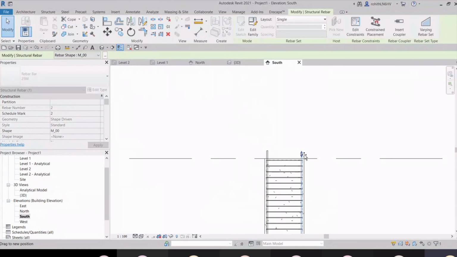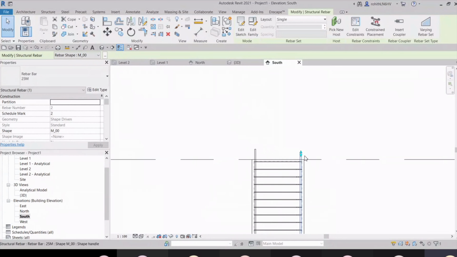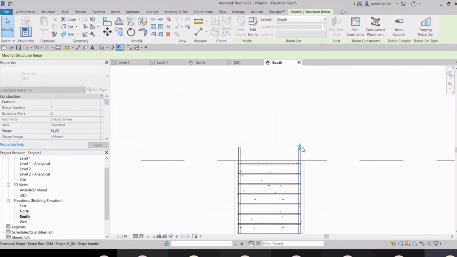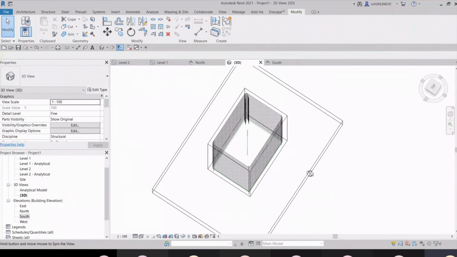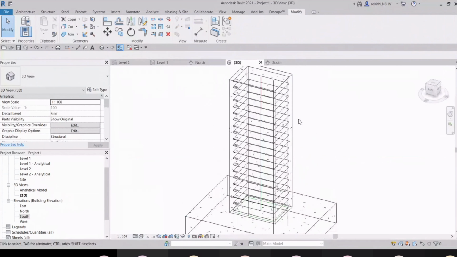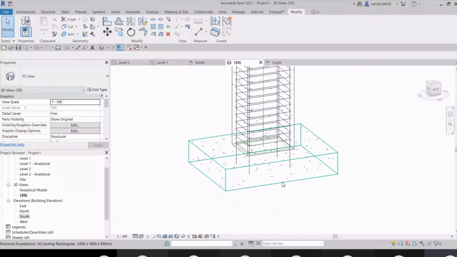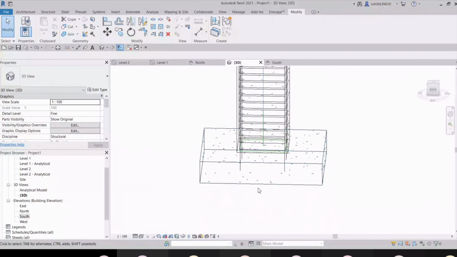You can increase this if you want, okay? And you can check it in 3D. Here you can see that these are the rebars, okay?